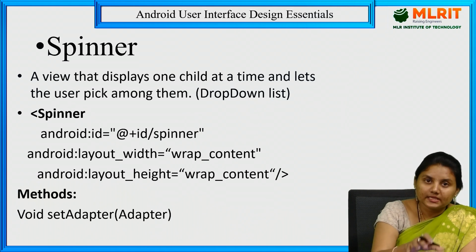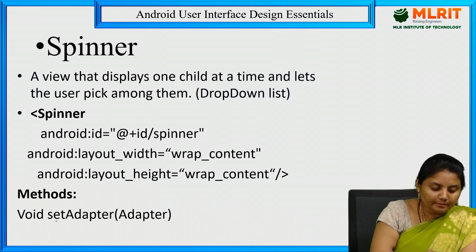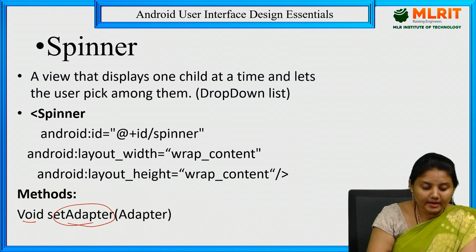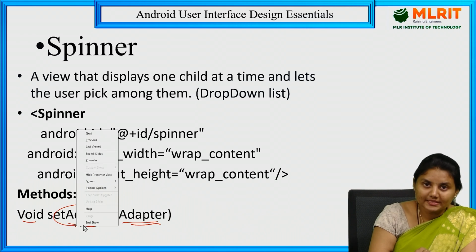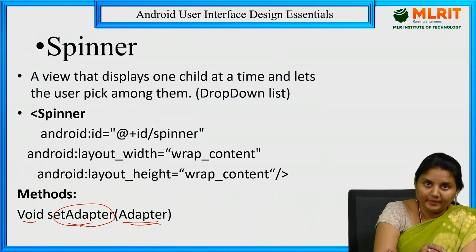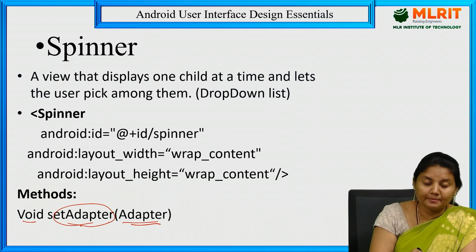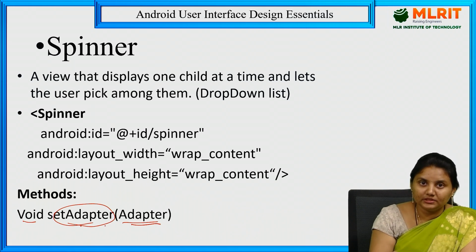So once this design is done, how do you extract the spinner into your MainActivity.java? These are the methods that are used. So void setAdapter. SetAdapter will take one parameter, adapter. The setAdapter will set all the items of a particular spinner into the spinner component, and this adapter is used to display the items within the spinner. And this setAdapter method will set all the items into the spinner using this adapter